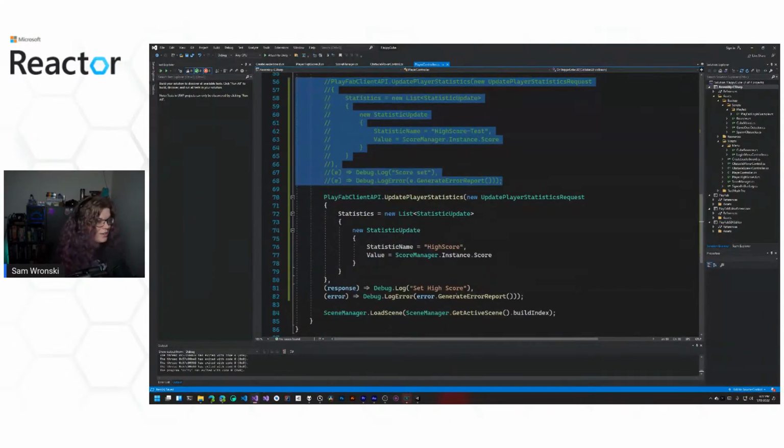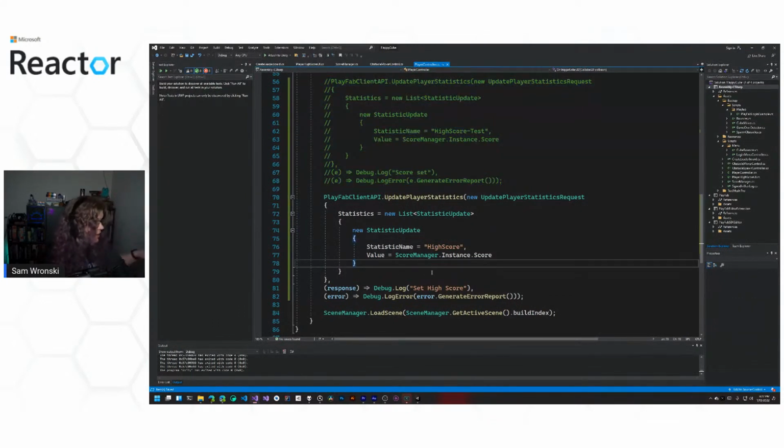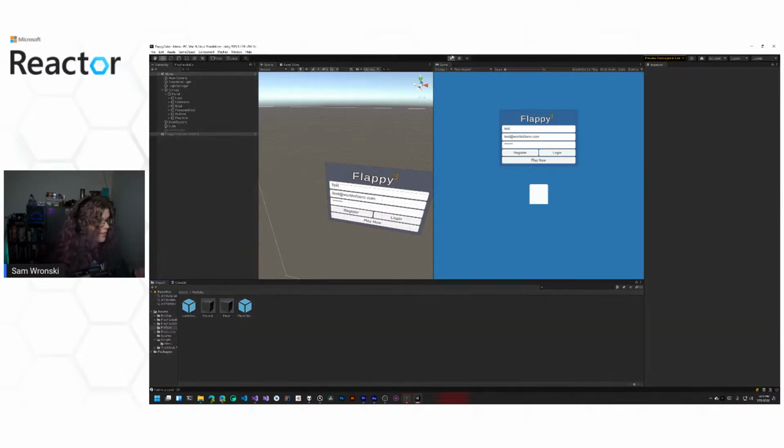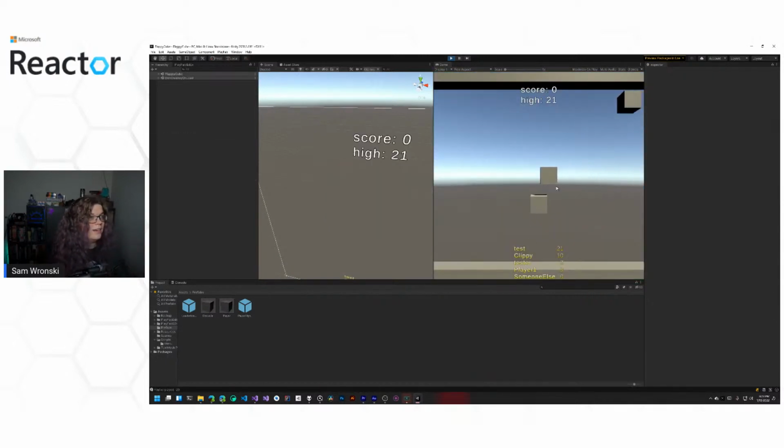In this case, we're going to assign our high score, and we're actually just going to play this. So this will mean our leaderboard no longer works. We're not pulling down the correct high score anymore, because we're pulling it down for high score test, which we are no longer assigning to. We're assigning to high score. But we should be able to see that in PlayFab's UI. So if we start running this and log in, we should, I guess we don't even need points, do we? We can just keep going. But I'm actually going to attempt to not be bad on a stream.